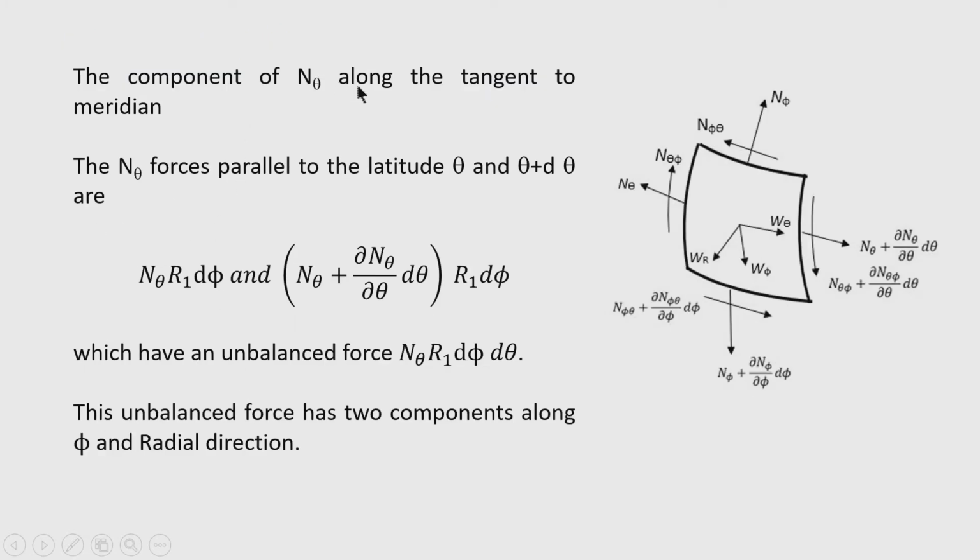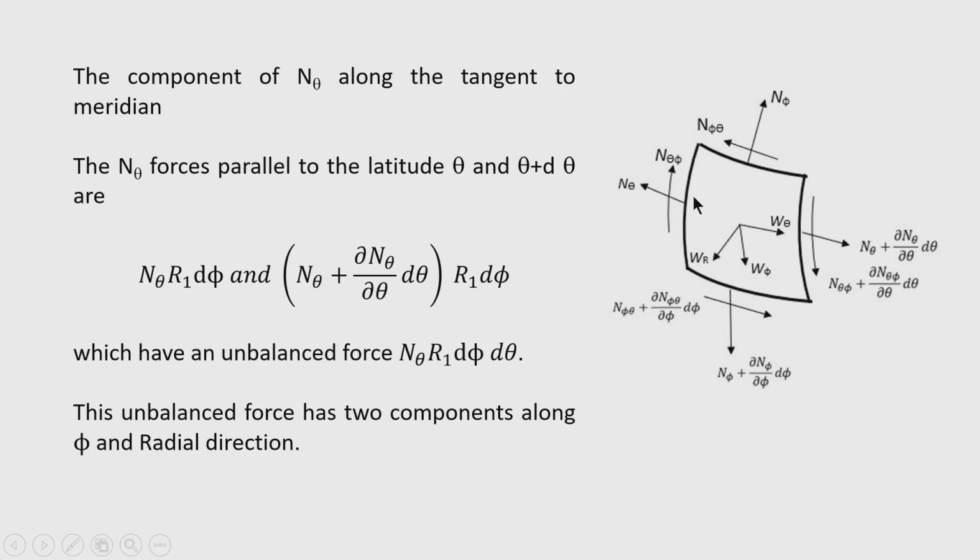The component of n theta along the tangent to the meridian. Now, n theta force is here in this edge, total n theta will be the n theta into r 1 d phi. In that edge, the circumferential force will be n theta plus del n theta by del theta into d theta into r 1 d phi, because r 1 d phi is the arc length. So, we have written these two forces on the two opposite edges,